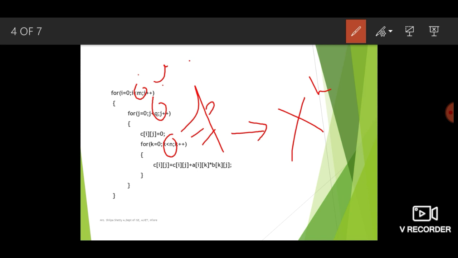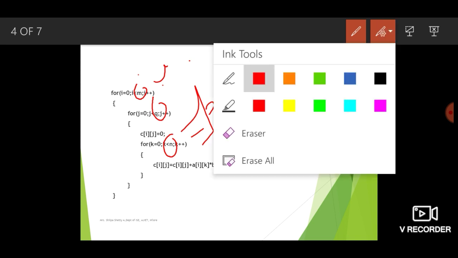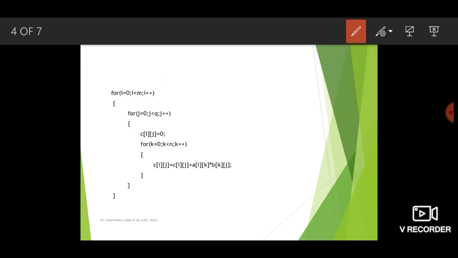So the first for loop represents the number of rows in the first matrix. Second for loop represents the number of columns in the second matrix, and the third for loop represents the total number of multiplications in each multiplication.